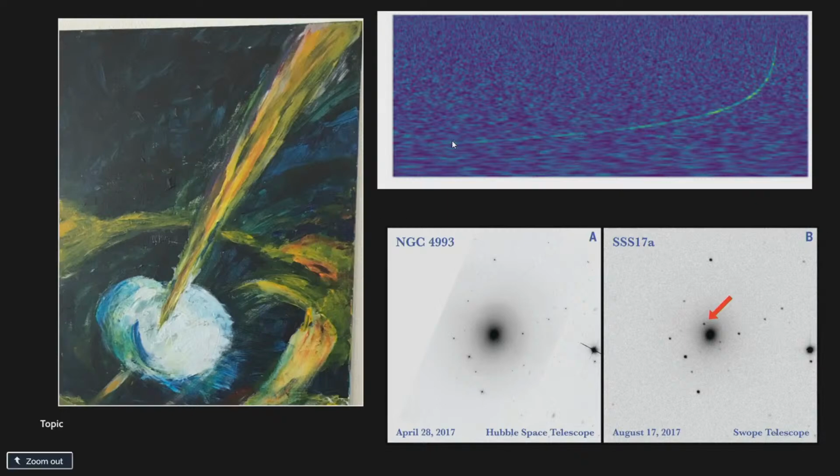So on August 17th of 2017, they saw a signal at Virgo, and they call that a chirp. There's a picture of it. And they realized pretty quickly that it was a low enough mass event that it could be neutron stars. And so they were able to pinpoint a direction that it was coming from, and they told the telescopes around